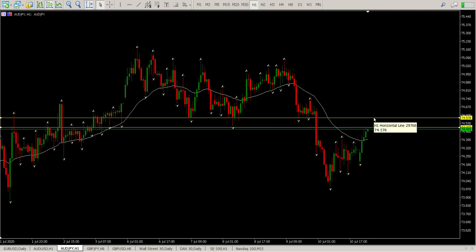So this would be 74.578. Okay, bear in mind, guys, what we're looking for is any sort of bearish price action. Okay, so we're looking for bearish price action on this area, on anything from the 15 to the hour. Any bearish price action around this area and we start making lower lows, that's the opportunity to get in for